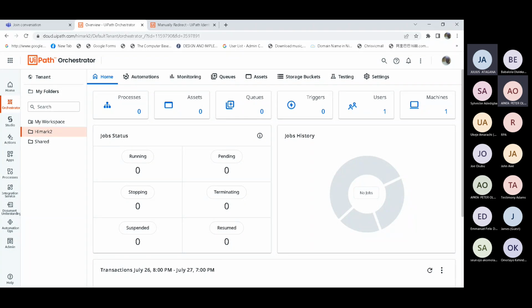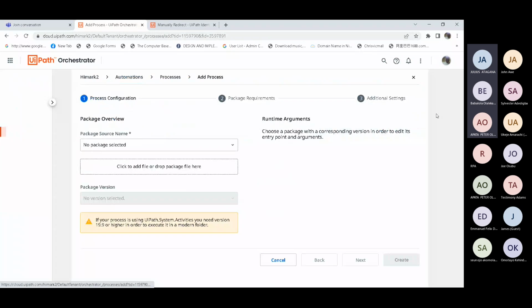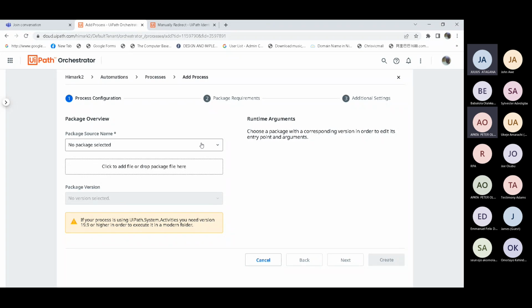So on the web now, we can click on the process, then add the process. My process is not here yet. Go back to home, give it a while.